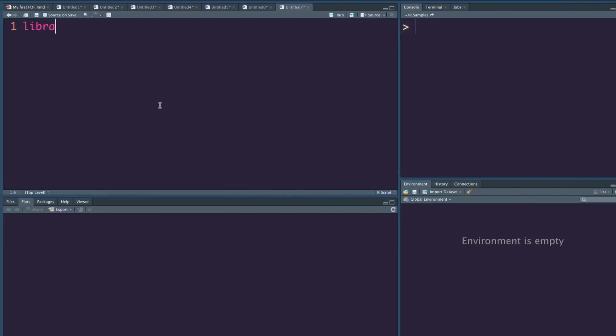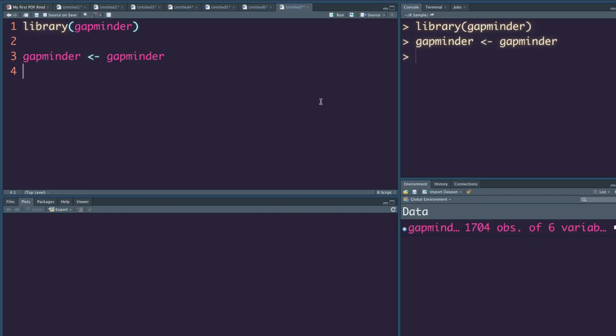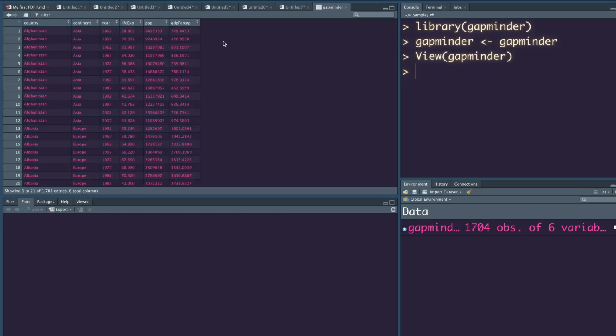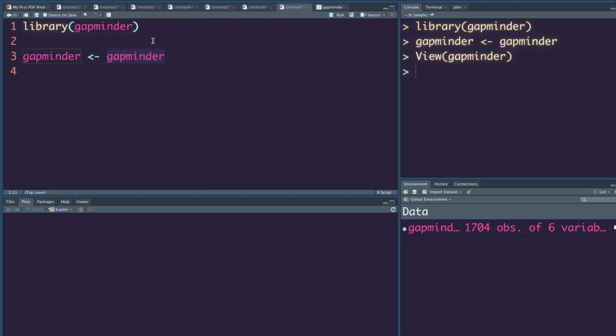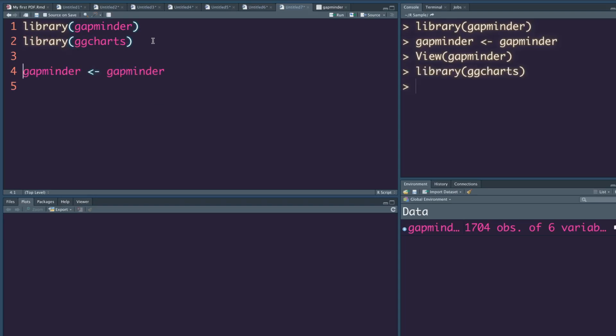So you can simply load the Gapminder data set, and there is a function called gapminder. You can just assign it, and the data set is already available within this. This is what the Gapminder data set looks like: the country name, continent name, year, life expectancy, population, GDP per capita. There is a very popular Hans Rosling video on TED Talk if you have not seen it. So if you have this installed, let's load ggcharts and get straight to building